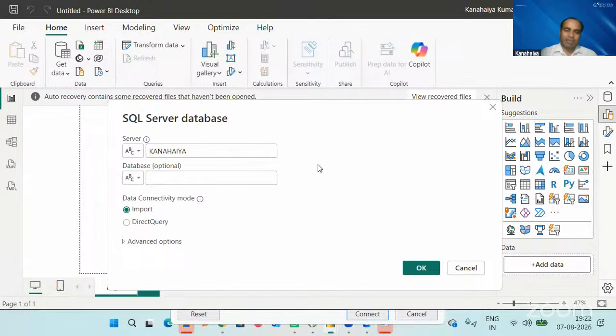So quickly, I just want to tell you that when we say a star schema, that means in the center it's going to be a fact table, and it's going to be surrounded by, circled by dimension tables. Okay, so what is a fact table and what is a dimension table? We need to understand. So a fact table is something where we have transactional data